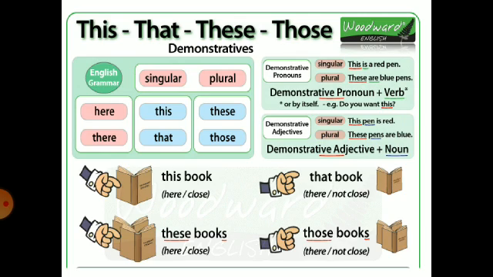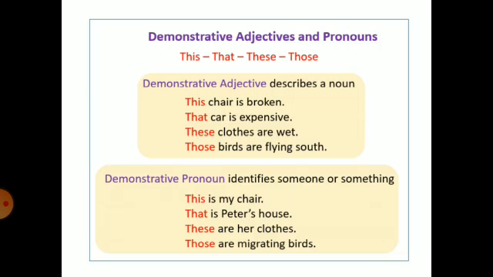And when we talk about demonstrative adjectives, we make sure that we use a noun after a demonstrative. Like, this pen is red. Now we are talking about this pen. This pen is red. These pens are blue. So demonstrative pronoun plus verb, demonstrative adjective plus noun. It's quite easier. But keep this thing in mind.